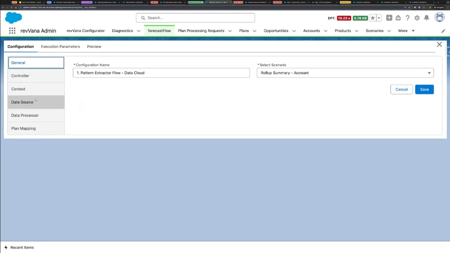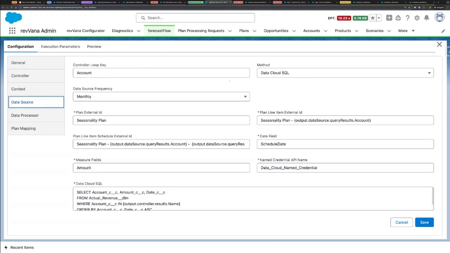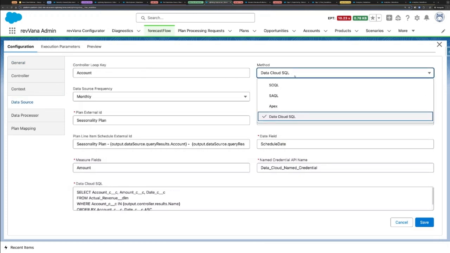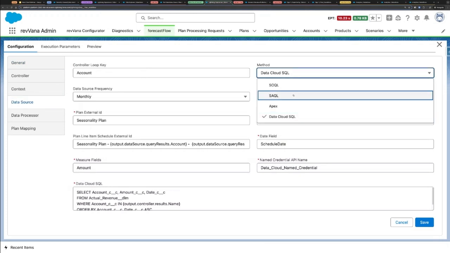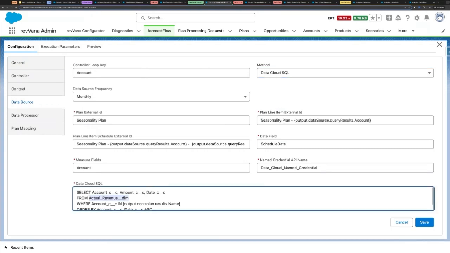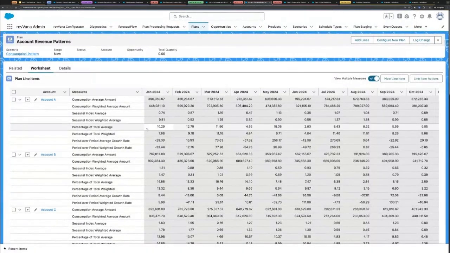And I'm not going to get into a lot of details, but basically you can use our tool to connect to any source, including Data Cloud, and get that actual revenue information from those data lake models, and then generate patterns out of it. And this is what it would look like. This is a simple example where that process ran and extracted patterns at the account level.